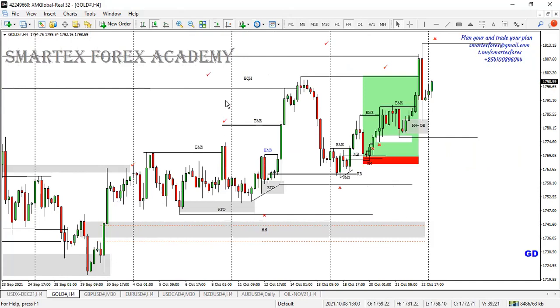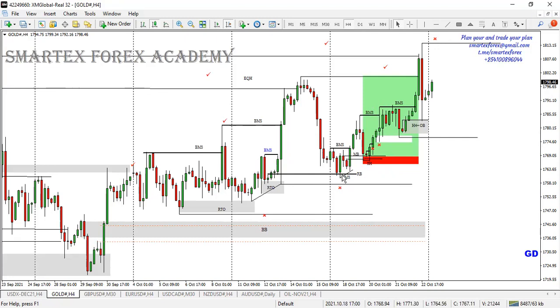This first was taken out and this one was taken out. Okay, so last week the analysis that we did on Sunday, whereby we expected the market to go back to this zone before the up move, actually that's what happened, and we had the up move. In the course of the week, the market really behaved very, very well. Never disappointed, because at least we got the second entry here